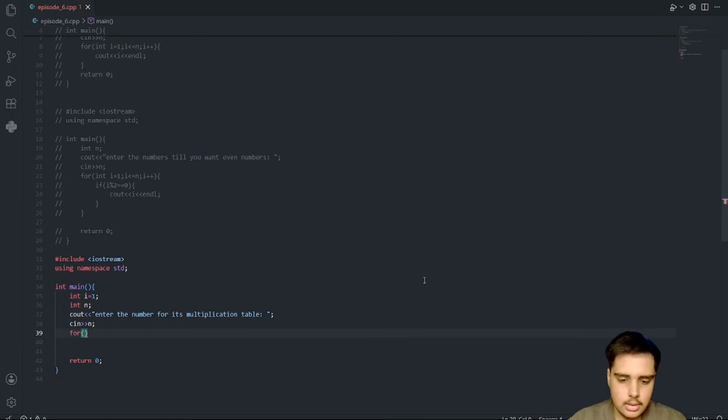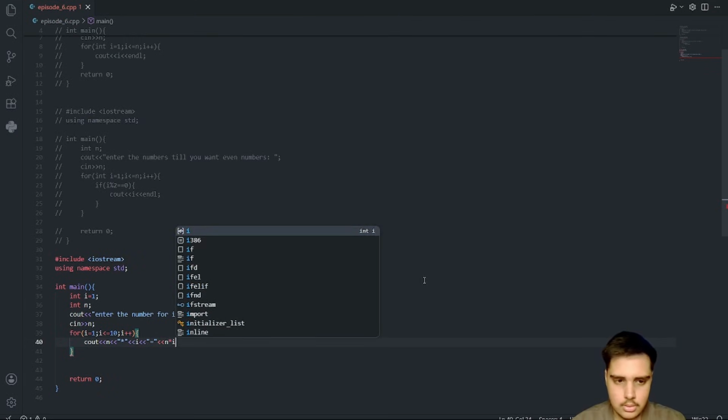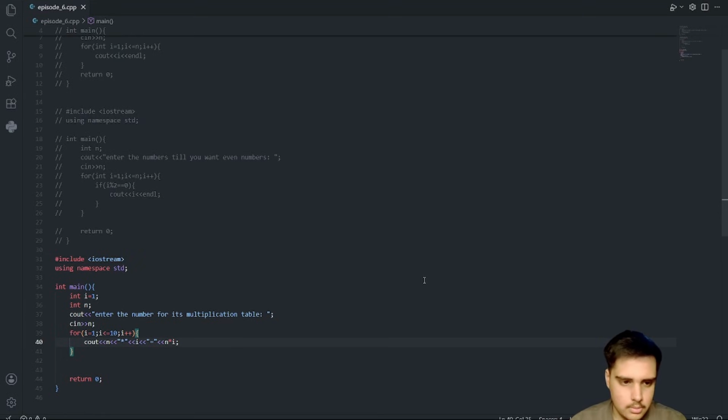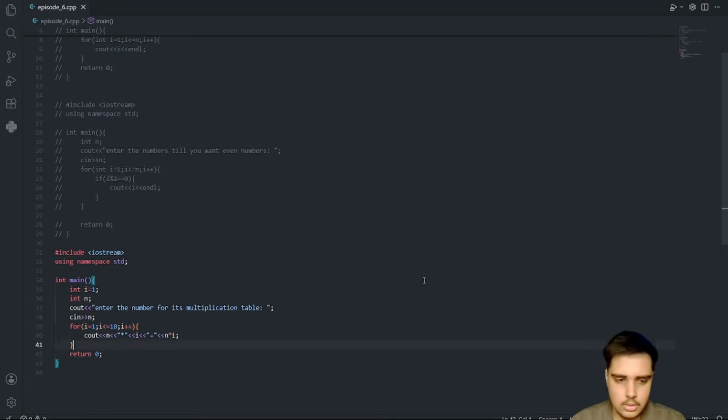So let's say for i is equal to 1, i is less than or equal to 10, i plus plus, cout n into i is equal to n into i. And I believe that's it. We have completed our code.